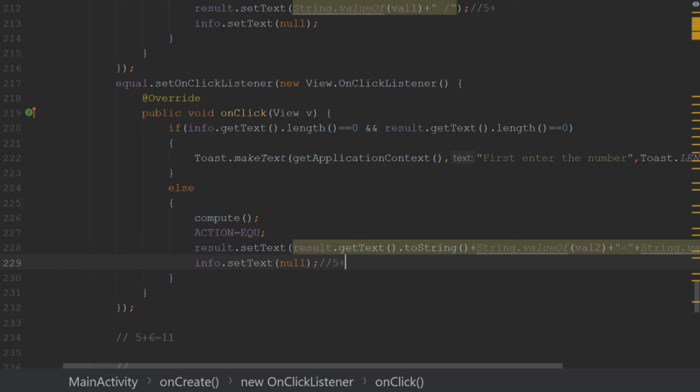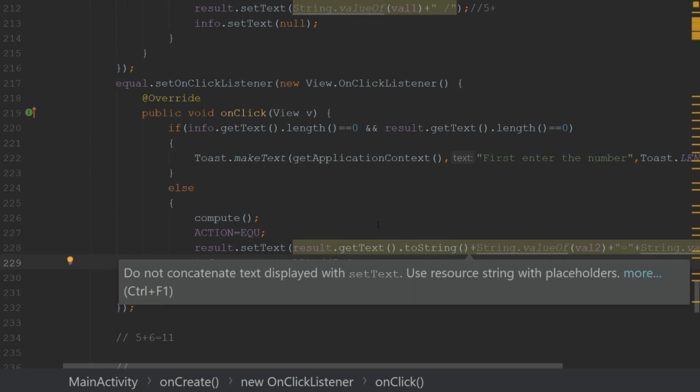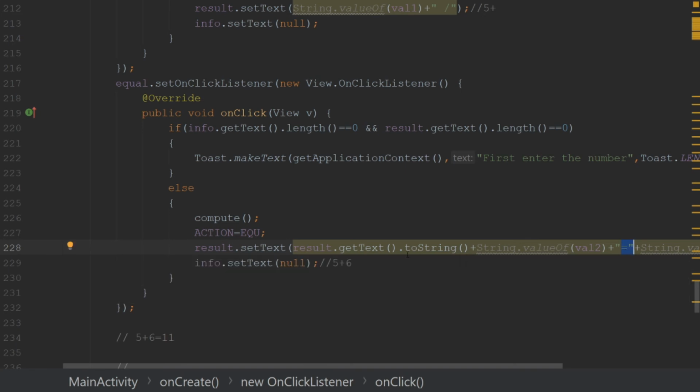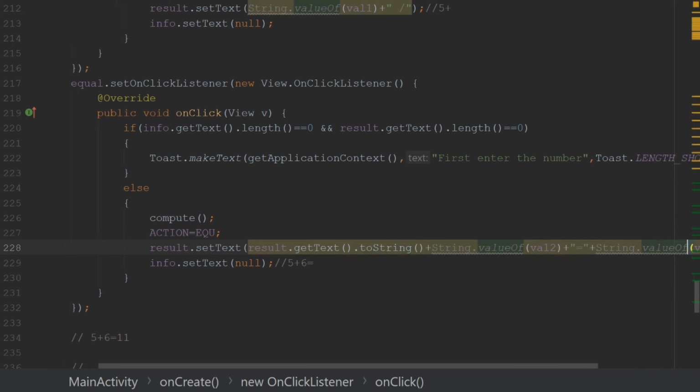Then we use the equal to sign. And after that we use string dot value of value 1.